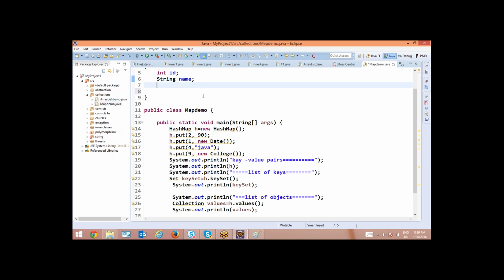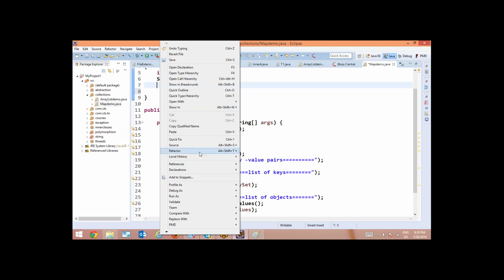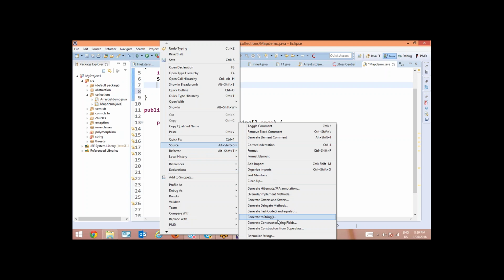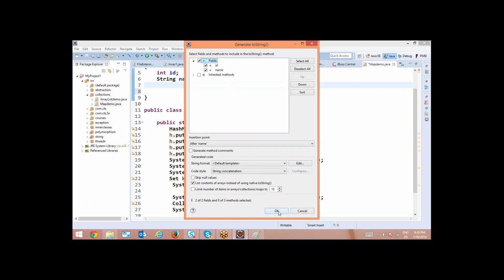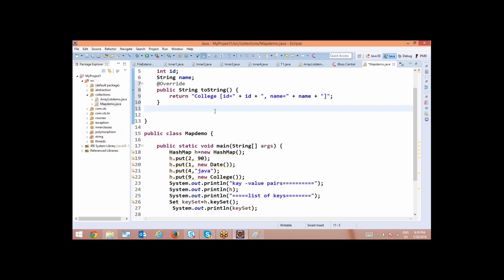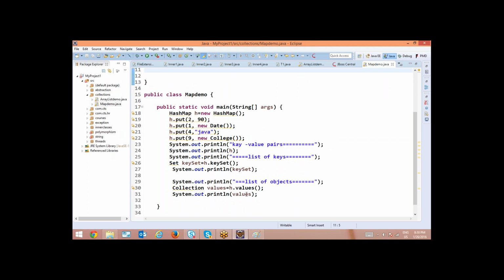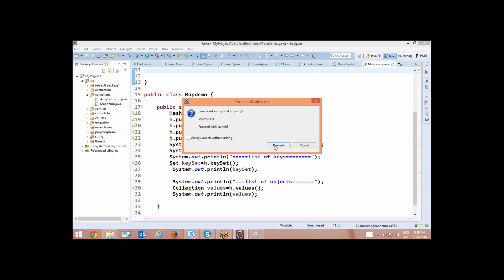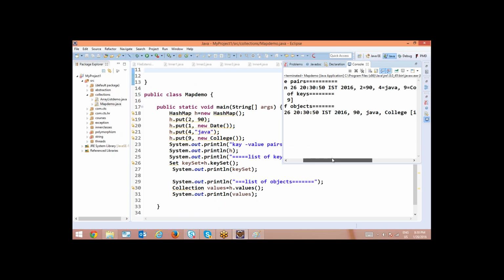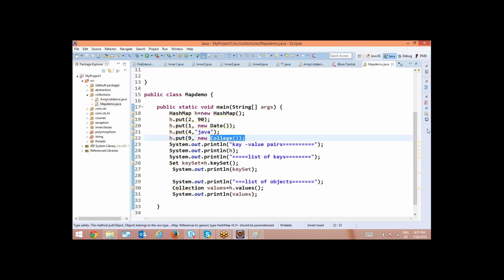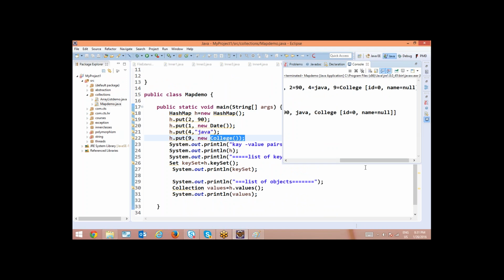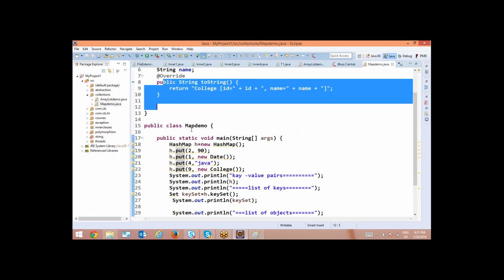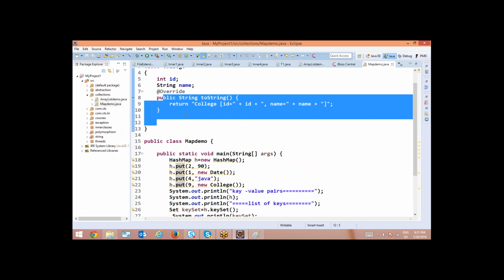You can observe here that when you have a toString method inside your class, whenever you print the object, it gets printed automatically. Instead of printing the address, it will print the values like this. Earlier it was printing a hexadecimal code address of the object, but now it is printing the values. So that is the effect of the toString method. You can auto generate that. You don't need to write it.